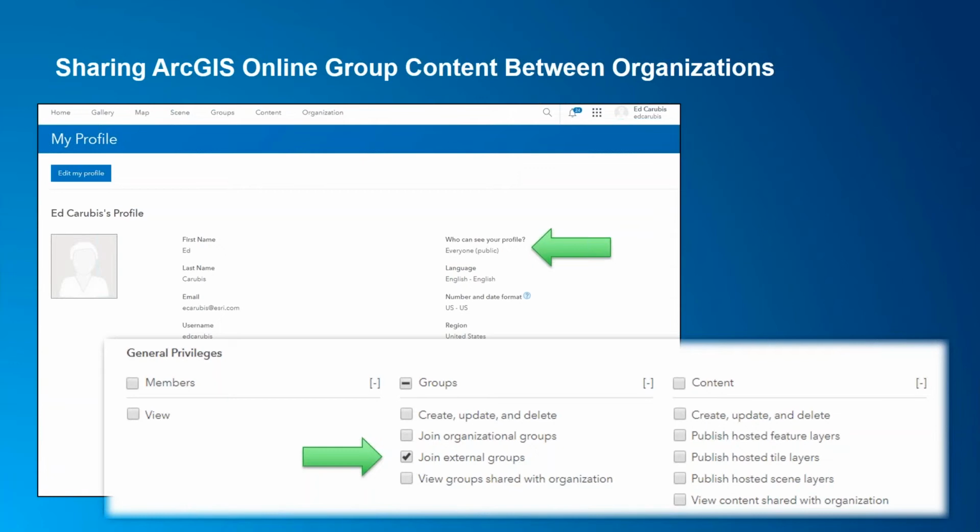I wanted to spend a moment highlighting a couple of key points. Two or more ArcGIS Online organizations today can share content in a group simply by inviting members. In this case, the trust relationship is not between two administrators, but you do have to invite individual members to your group.